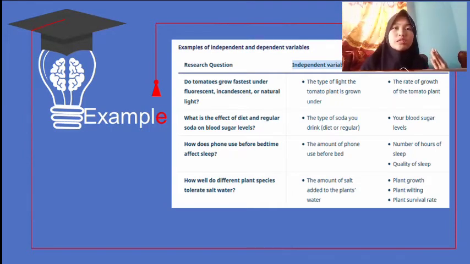In exchange, if you drink plain soda, it just has no effect toward the blood sugar levels or something like that. So the independent variable is the type of soda, and the dependent variable is the blood sugar level.